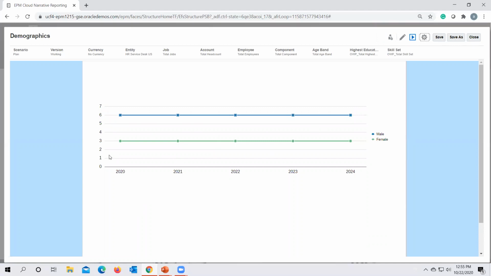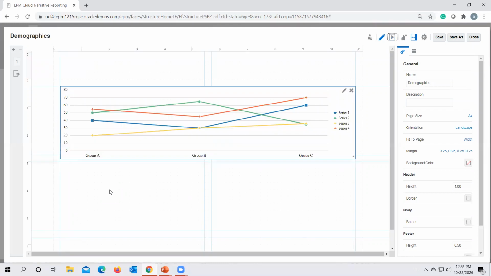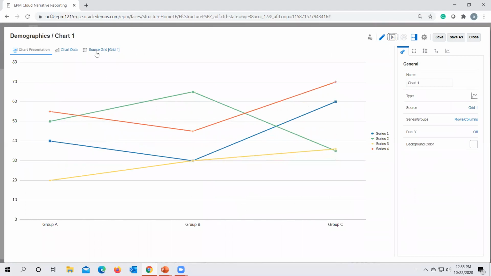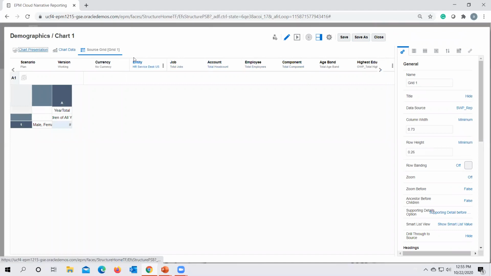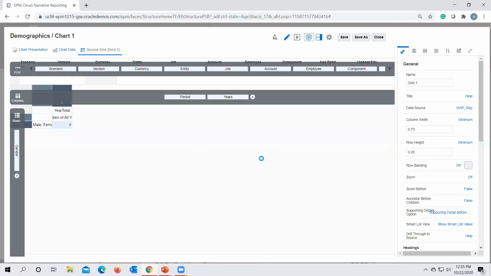Now, if I want to make any changes to this particular chart, instead of getting my gender in here, I want to have my age band. So to make those changes, you again go to source data, and in order to make the changes, I want to have my age band in here. So I again go to dimension layout, and instead of gender, I want to create my chart based on age band. So I move my age band in here, and I move my gender to point of view.